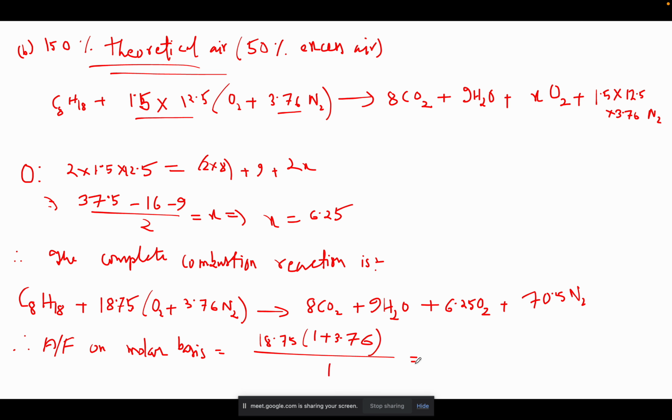Okay, this is 89.25 kilomoles of air by kilomole of fuel. Okay,